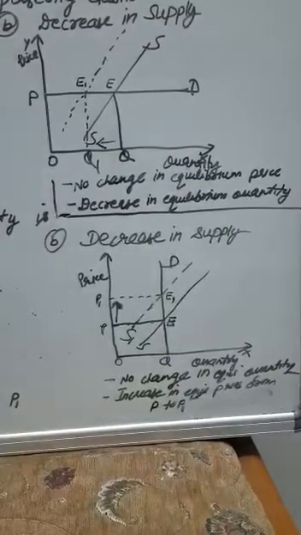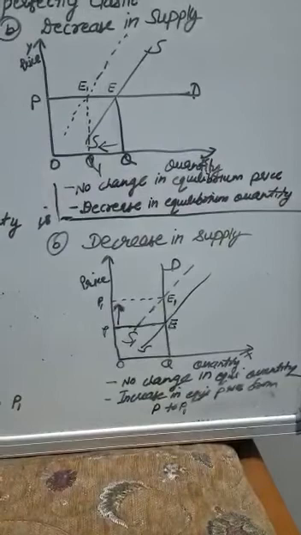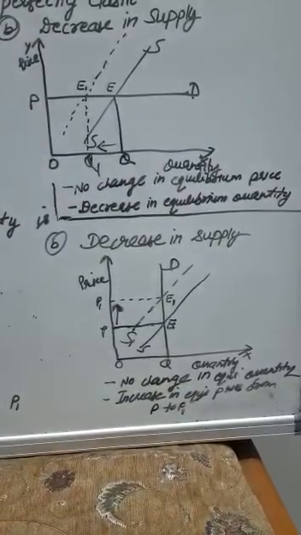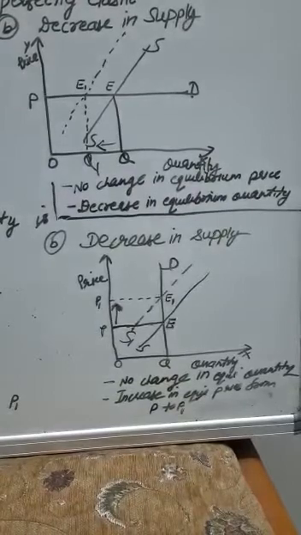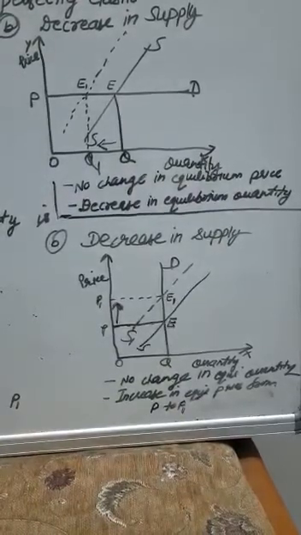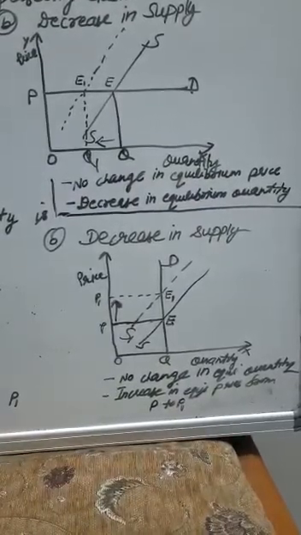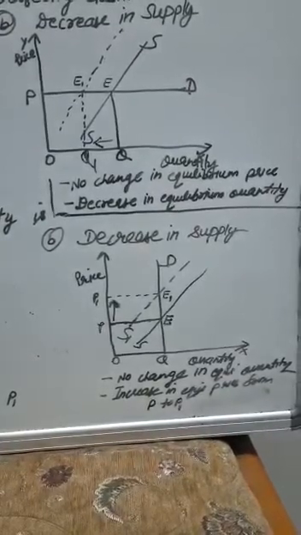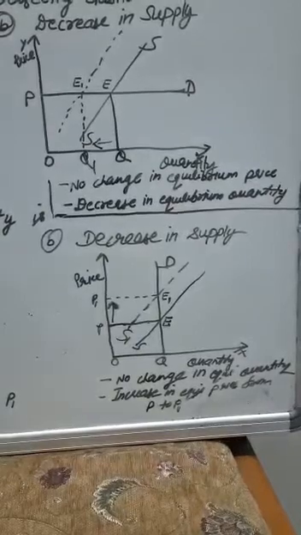In a situation of perfectly inelastic demand curve, demand remains constant no matter what the price is. Accordingly, when supply curve shifts to the right or to left, demand remains constant. Rise or fall in price does not cause any contraction or extension of demand. New equilibrium is struck corresponding to new price.